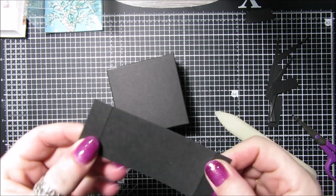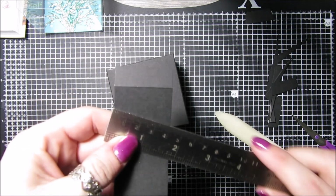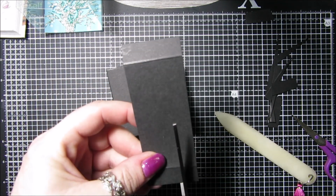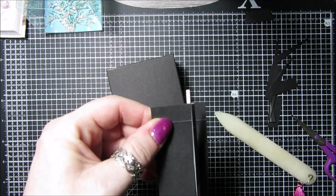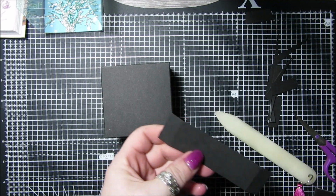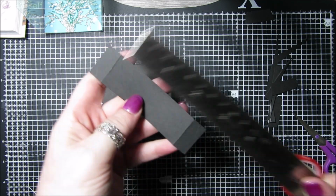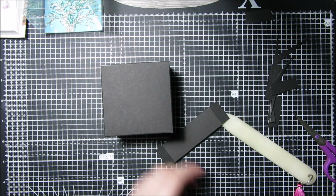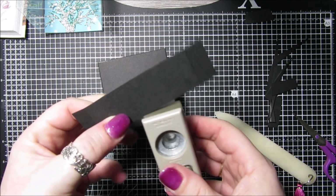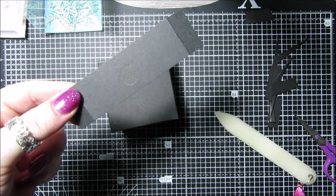Okay, sorry about that. So this piece here, I think, because I said it was 1.5 wide, if we cut it down to about 1 inch wide, just roughly, so I think that's a bit too wide. So 1.5 by 4 inches. And then I've got a little 1/2 inch circle punch. I suppose you could use a little die if you've got one. We're just going to punch a little hole out of the middle,